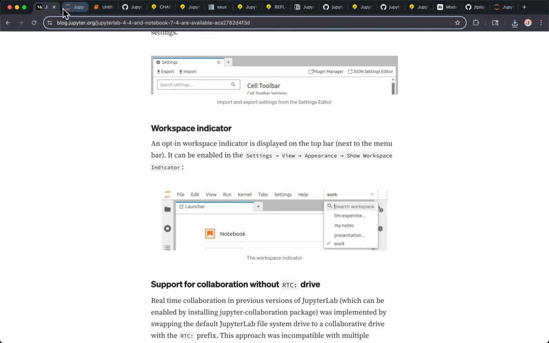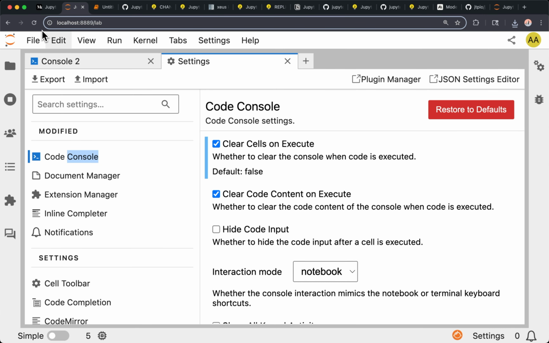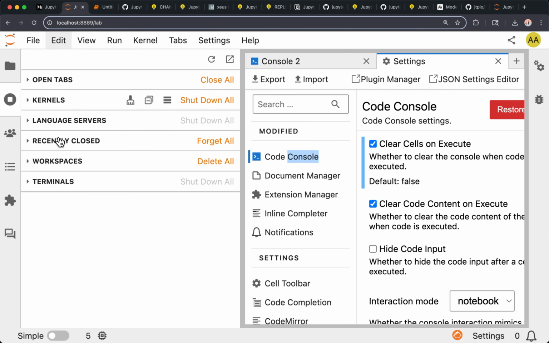Okay, so in JupyterLab there is also a feature for working with workspaces. Historically, you had to go here and use this panel here to change workspaces. So a workspace is more like your state of the UI. So if you have open a terminal, a console, a notebook, and so on, if you refresh the page, you can find your state again. But some people were saying that it was difficult to switch between workspaces.